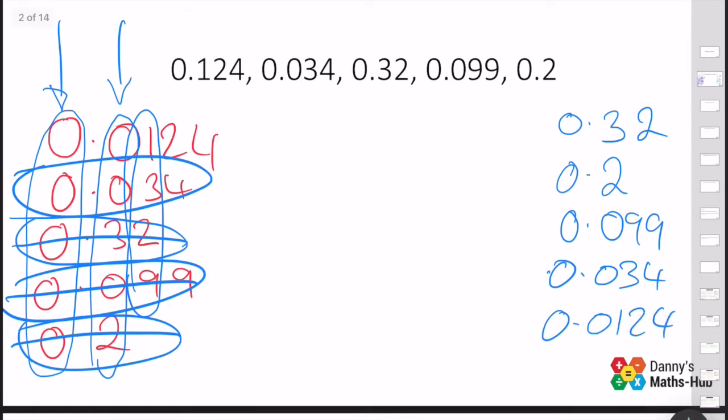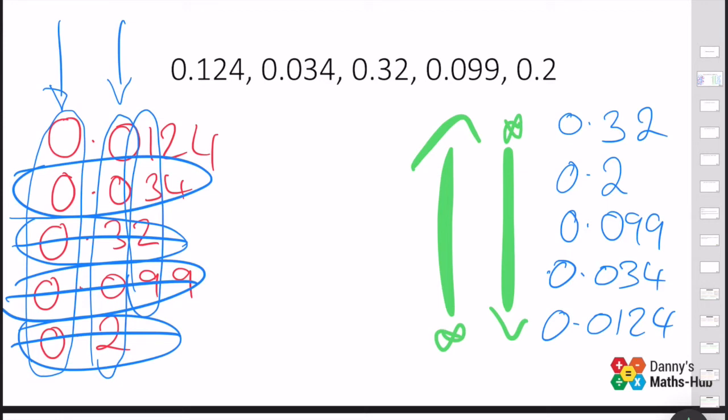We can now arrange these either starting from the biggest and going down to the smallest, or we could start at the smallest and go up to the biggest. Now they're in order. But it's getting these in order first and then putting them the way around that we're asked for. Again, if we look at this, if we start off by lining up all our decimal points,